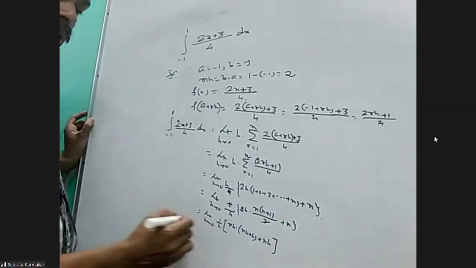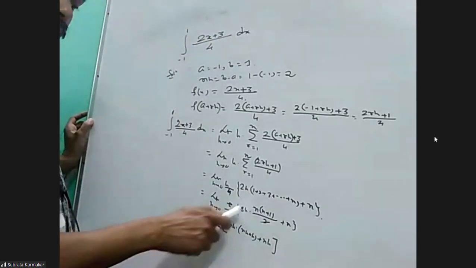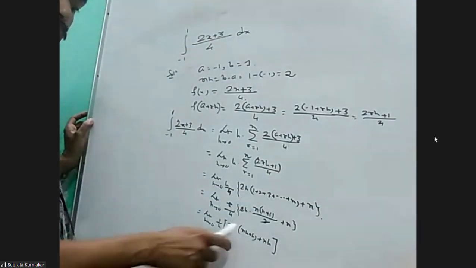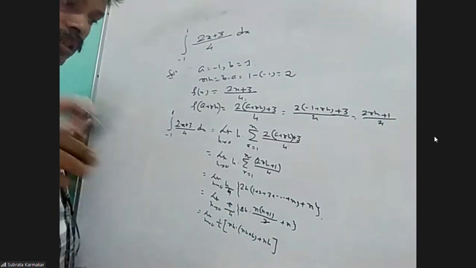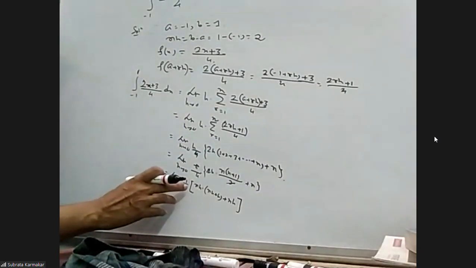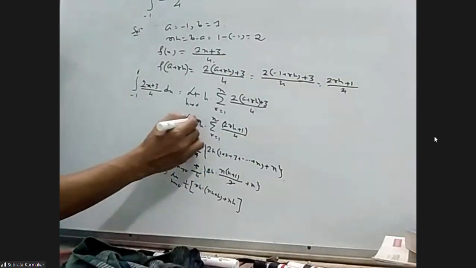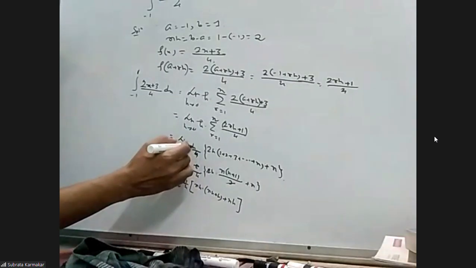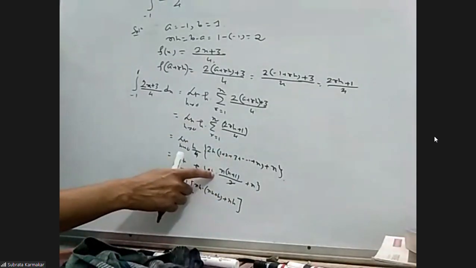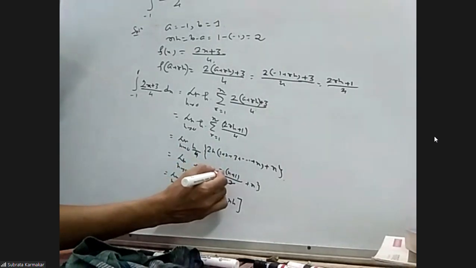Sir, what is the previous line? Limit h, this one nh, and by h if you multiply, nh plus h, outside of the second bracket. Outside the second bracket h by 4. This 4 I have taken out and the outside h is there, so h by 4. Next, h I have taken inside, so 2h square. Here 2 cancels h, and this h if you insert, then it will be h square. Then h with outside nh and another h I have entered.